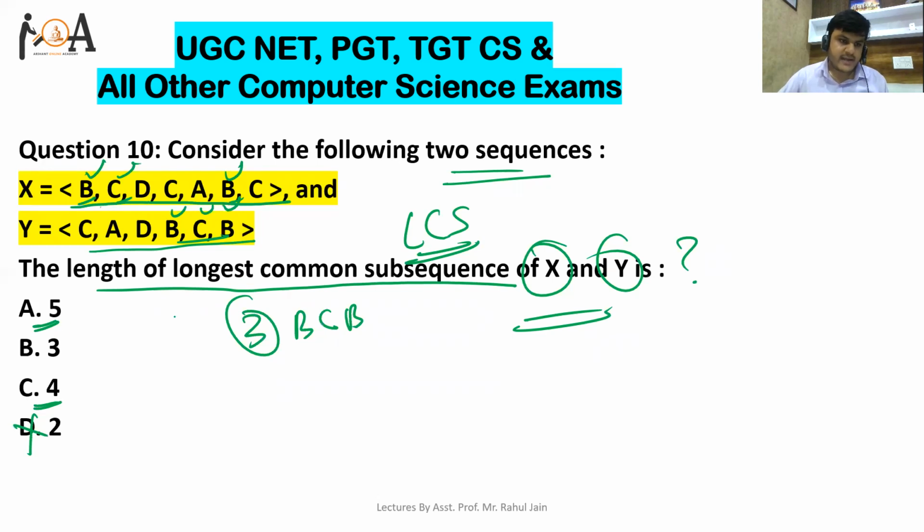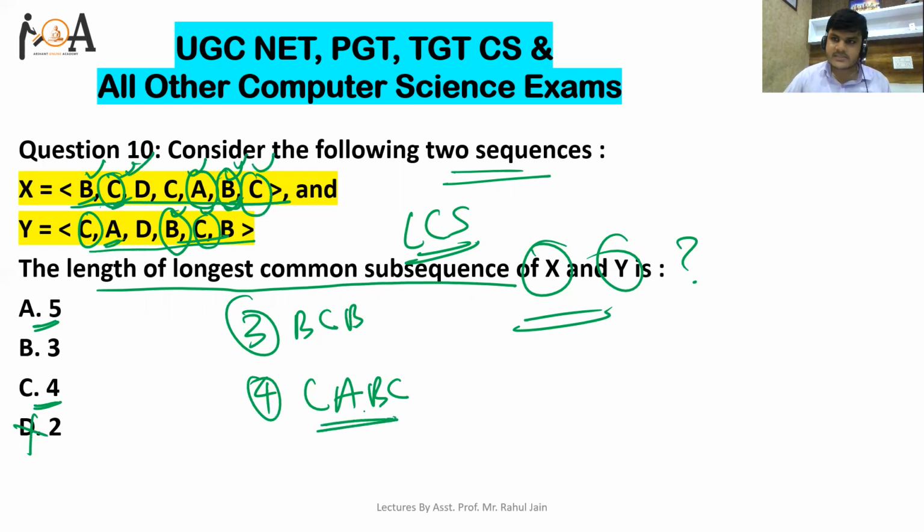Okay. So if I need 4, then for 4, let's start from C. If I say that the first C is there, okay, this C. Then after that A is there. Then B is there, B is there, and then C is there, and C is there. So if I take the common subsequence like C, A, B, C, then here also if you see C, A, B, C. So a common subsequence of length four is also there. So option B also gets cancelled. Now I am up to 4.